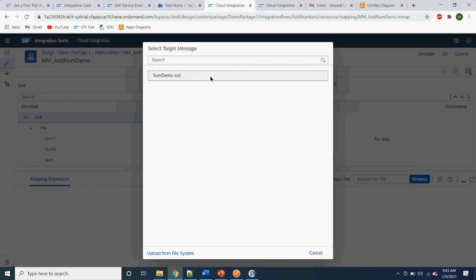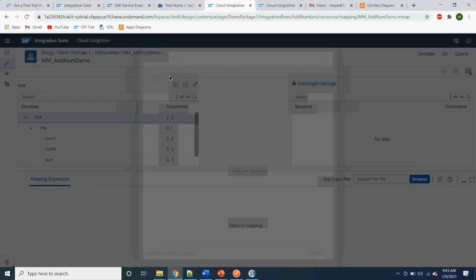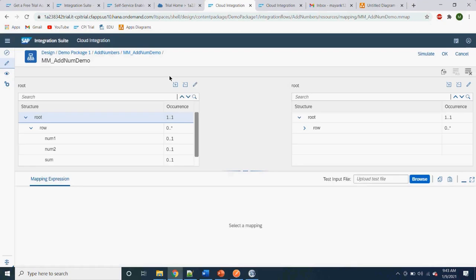I want the same structure on the target side as well, so I will use the same XSD. Now we will map each field according to our requirements. For now I do not want to map anything different. I just want to map everything one to one, so number 1 goes to number 1, number 2 goes to number 2.